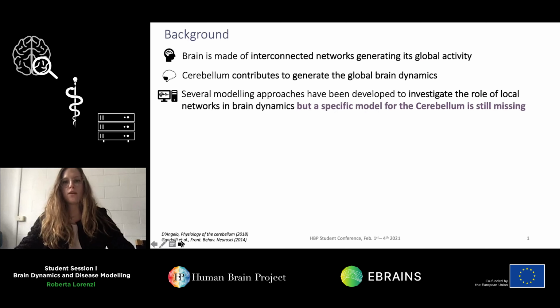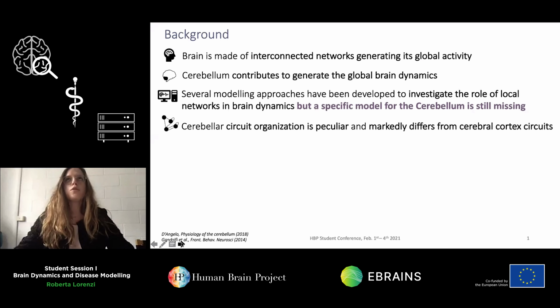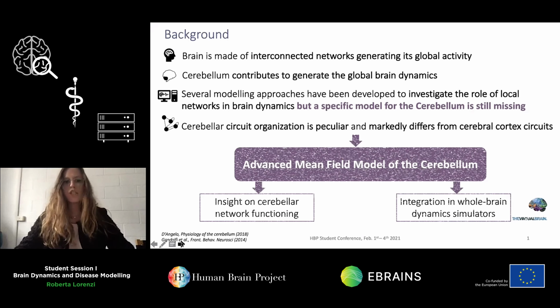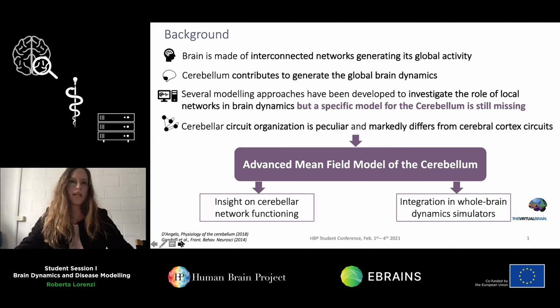But a cerebellum-specific model is still missing, even though cerebellar circuitry is very peculiar and markedly different from the cerebral cortex ones. So in this background, we aim to develop an advanced mean field model of the cerebellum in order to have a deep insight into its network functioning, but also to be integrated in whole brain dynamics